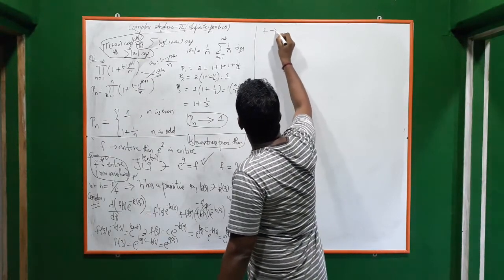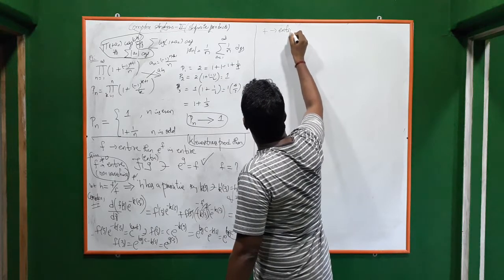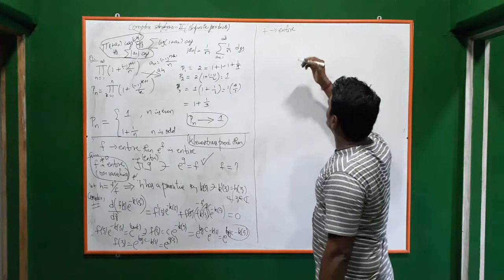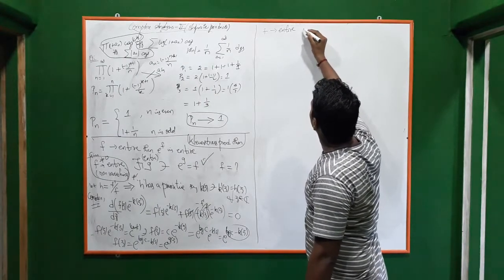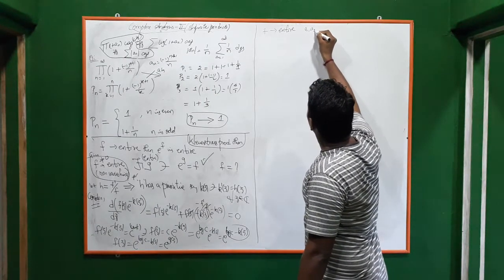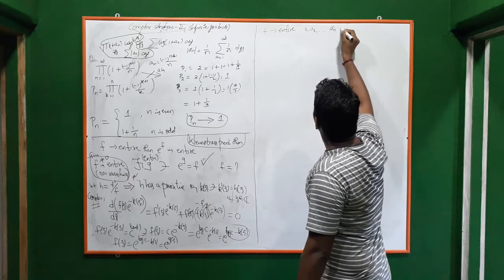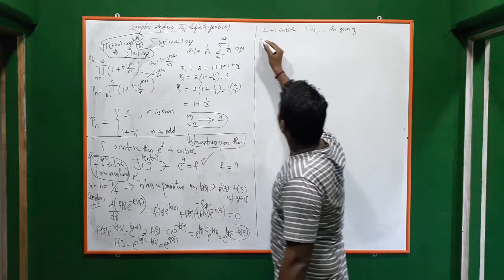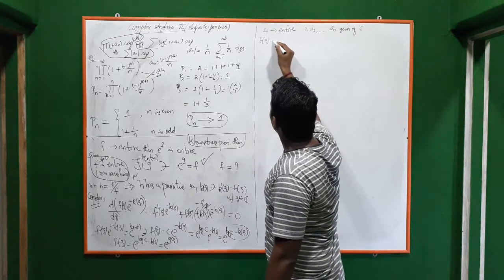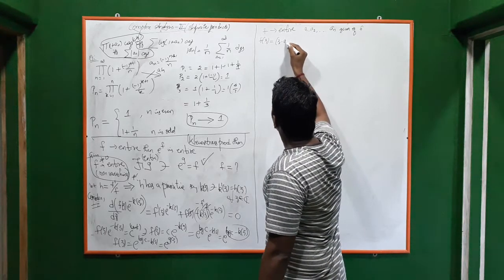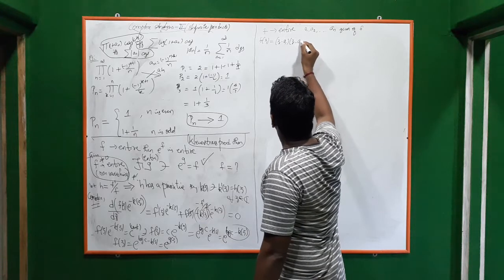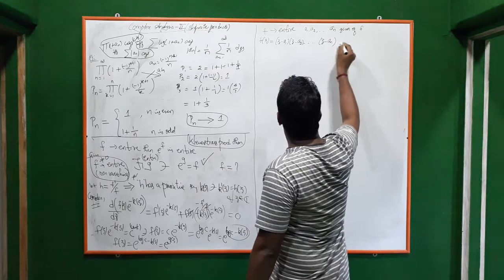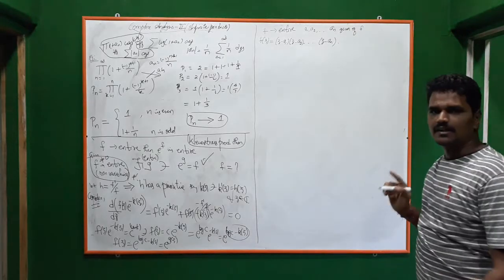Consider again an entire function. Okay, f is entire with zeros. Now we will speak about zeros of this. Let a1, a2 and so on up to an be zeros of f. Then how can f of z be written? f of z can be written as (z minus a1)(z minus a2) and so on up to (z minus an) into some function, since f is entire, correct?